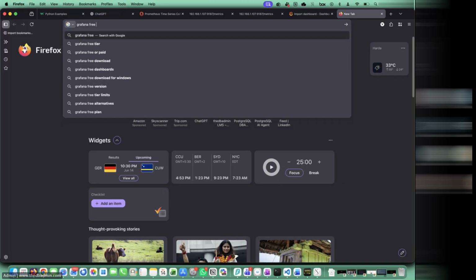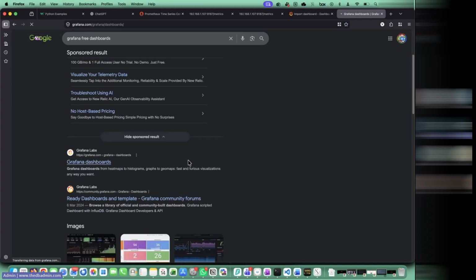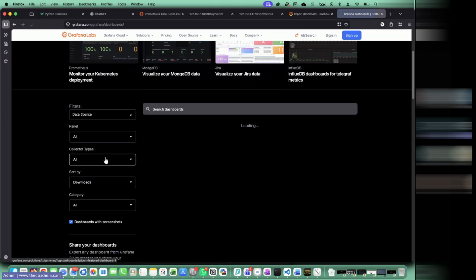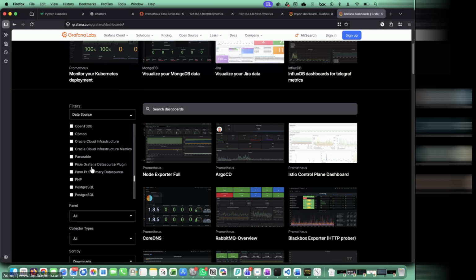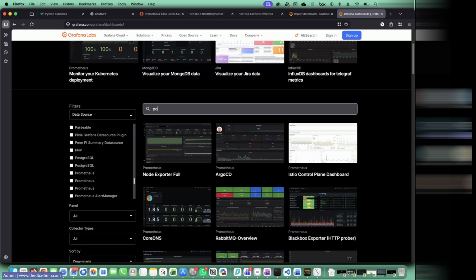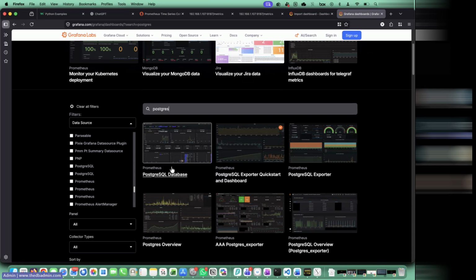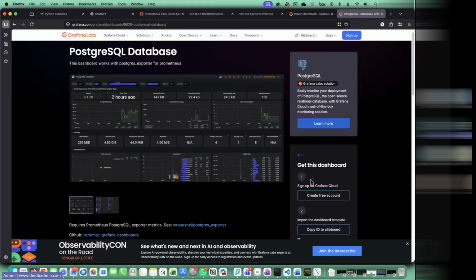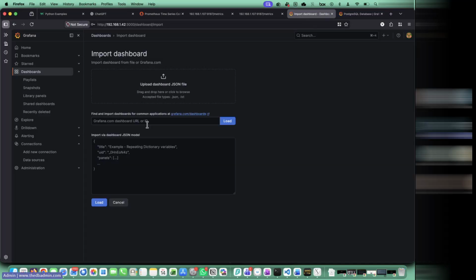free dashboards. You can choose whatever dashboards you want, but make sure you choose the data source as Prometheus. Okay, so like that, or you can search here Postgre. Any dashboard that you want to add, you can go and copy the dashboard clipboard ID and come here,